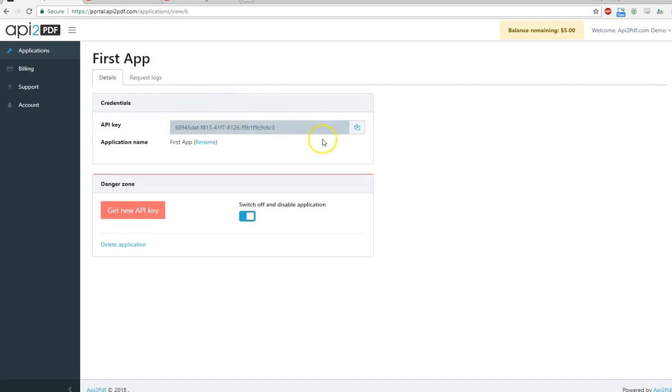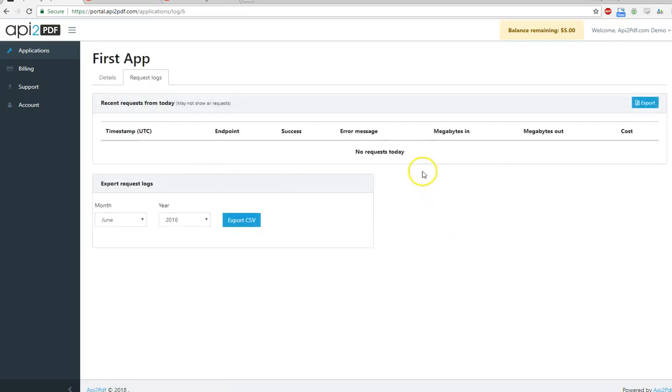Click Save, and this is our API key. If you're watching this video, this API key will not be active, so don't try to use it. But you have a couple other options here, like disabling the application temporarily, refreshing the API key. What's most important here is request logs. It's empty right now because we haven't made any requests to the API yet, but this is a great resource